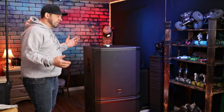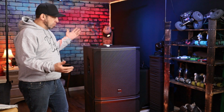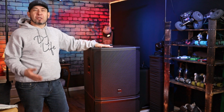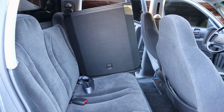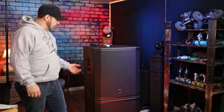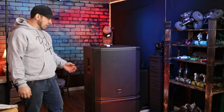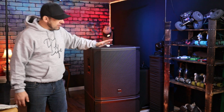Lightweight construction, 15mm plywood cabinet. I'll show you that more in detail when we do the teardown. Nice and compact. I can fit both these subs in the back seat of my Dodge Dakota. I don't know how many subs you can do that with, but that's one thing I really like about these things. They're nice and compact, lightweight, easy to haul. Good sturdy handles. One handle on each side made of metal. Really sturdy. And they come in at 64 pounds a piece, 29 kilograms, and they have an 18 gauge steel